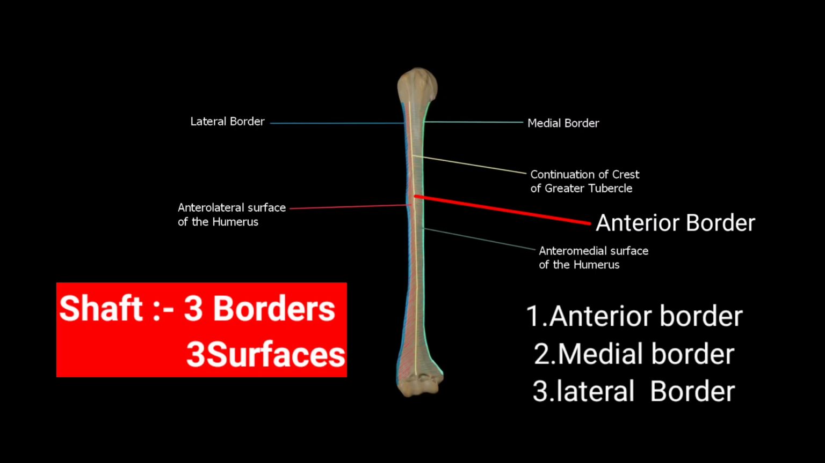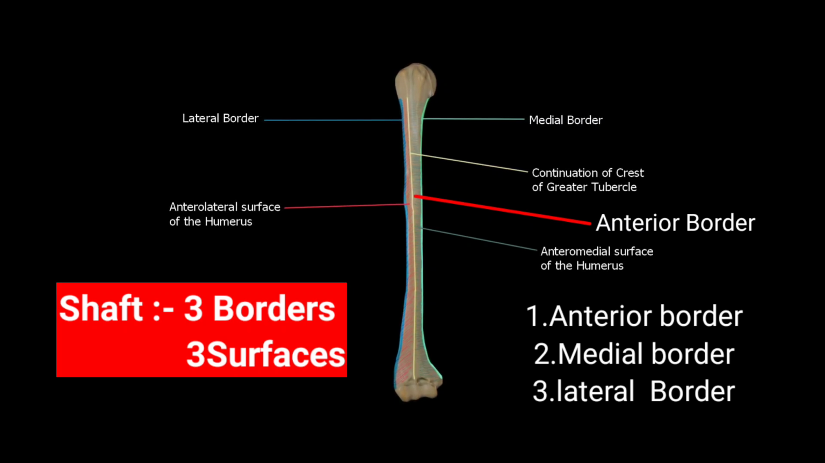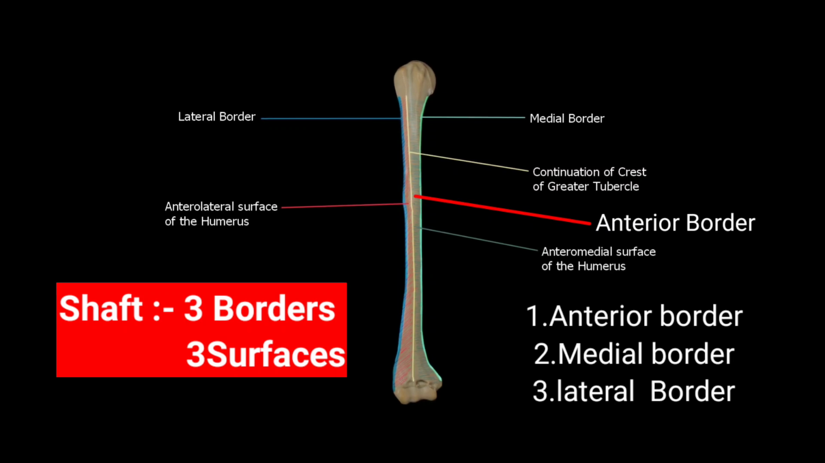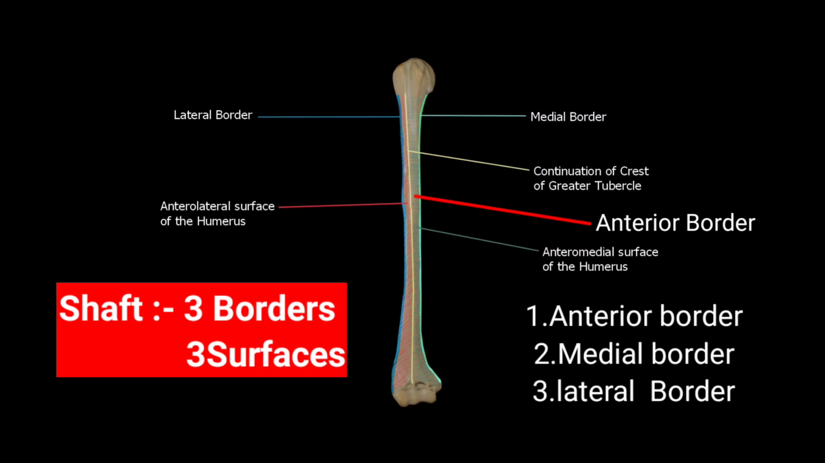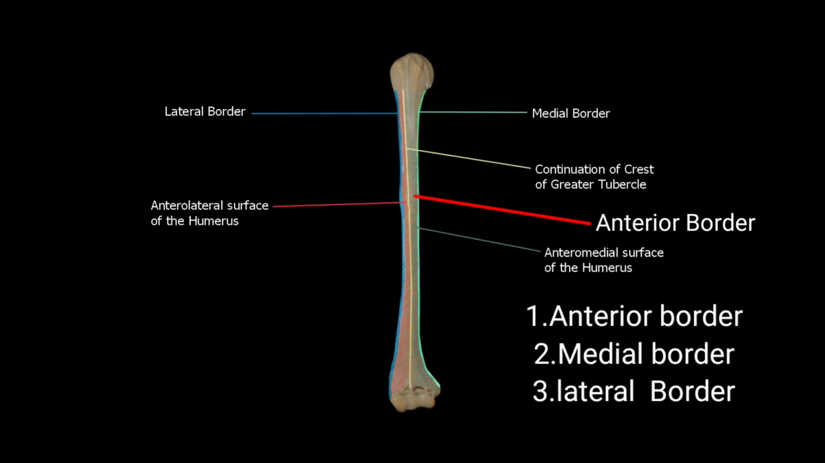Now we discuss shaft. Shaft is round in the upper half and triangular in the lower half. It has three borders and three surfaces. Firstly we discuss borders: medial border, lateral border and anterior border. First, anterior border. Anterior border, superiorly it forms the lateral lip of intertubercular sulcus, and its middle part forms the anterior